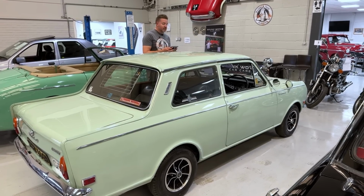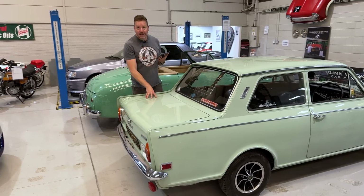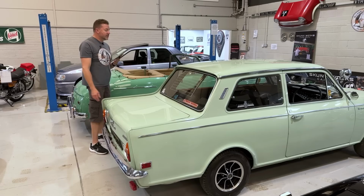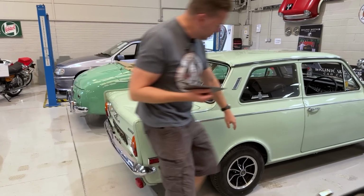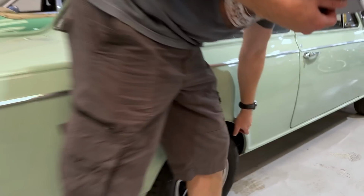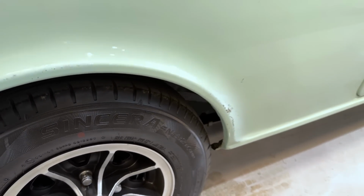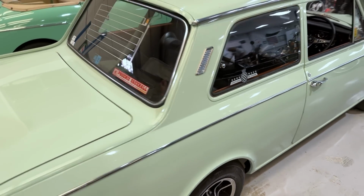So much money went into this car when we did it on the show. We did all the underneath. It is beautiful underneath. This paint, believe it or not, is mostly original. It's had such an easy life, this car. It's got a tiny little bleb just coming through on the arch, tiny, tiny bit there, which I'm guessing is from stone chips over the years. I would probably paint that just as a preservative measure. But I can't tell you how much fun this car is to drive, and also the